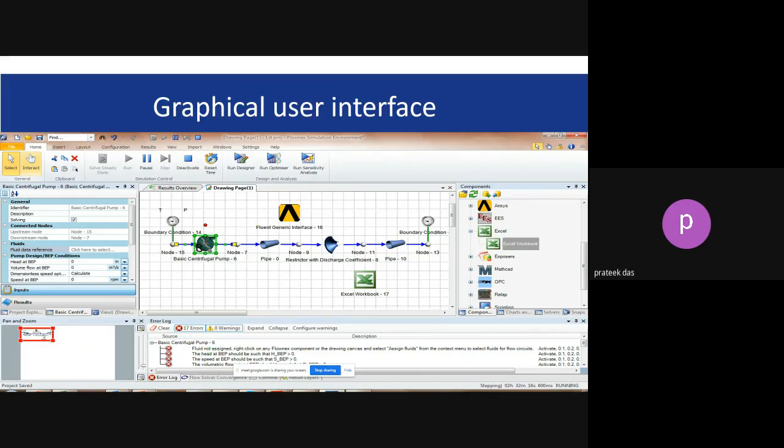Say if you have a very large network and hundreds of components, individually checking each component is difficult. In that case, the solver will highlight that component for you, and you can go and rectify your errors. Apart from that,